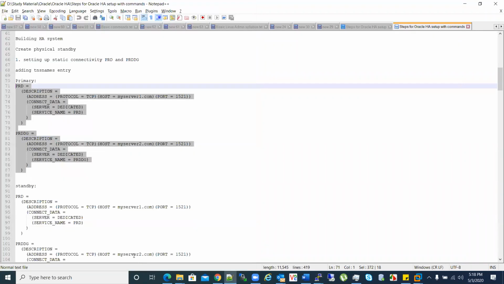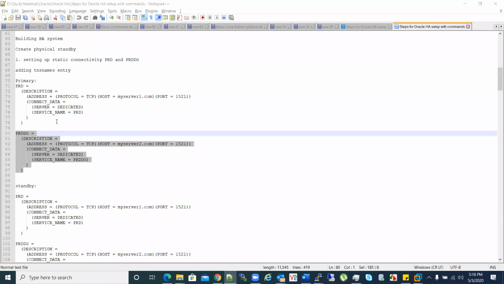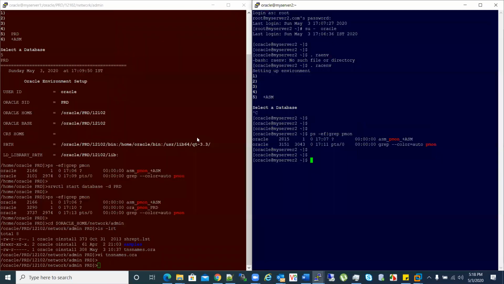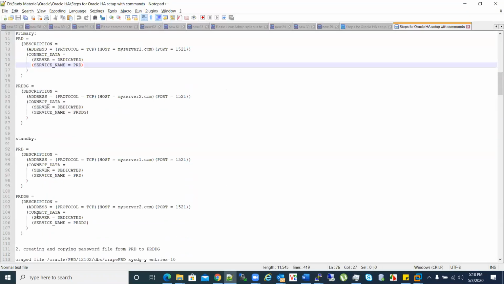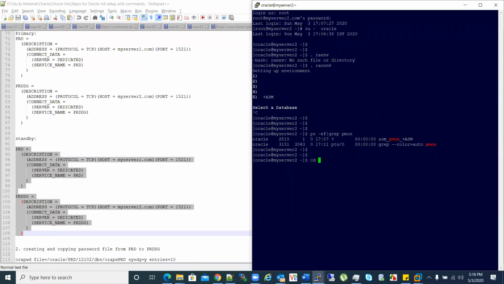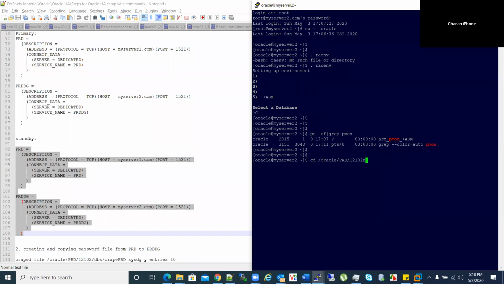Here we already have PRD, so I'll just add PRD_DG. Then I'm going to do the same thing in the standby, in the Oracle 12.1.0.2 home, network, admin.